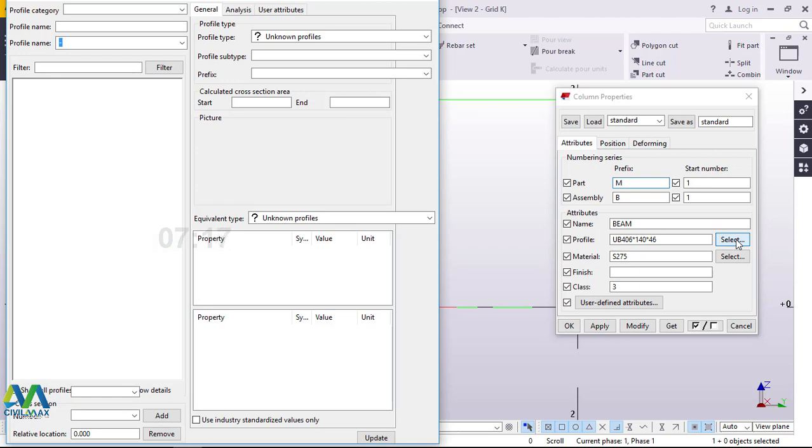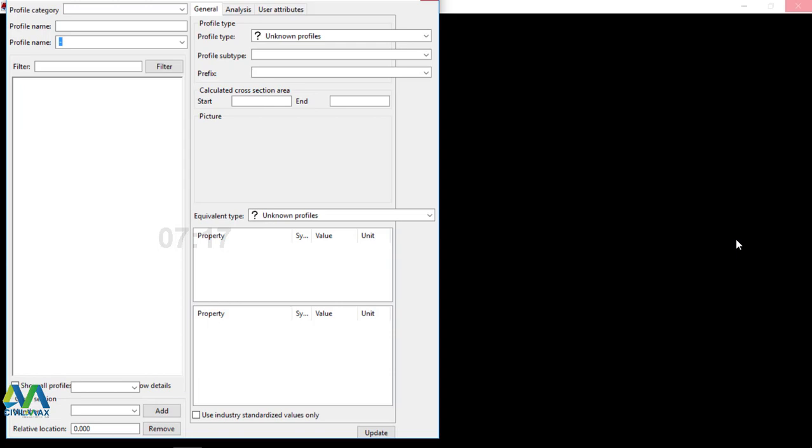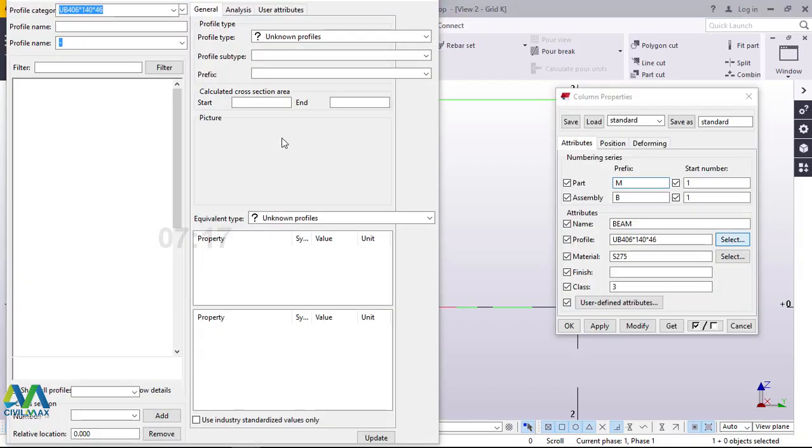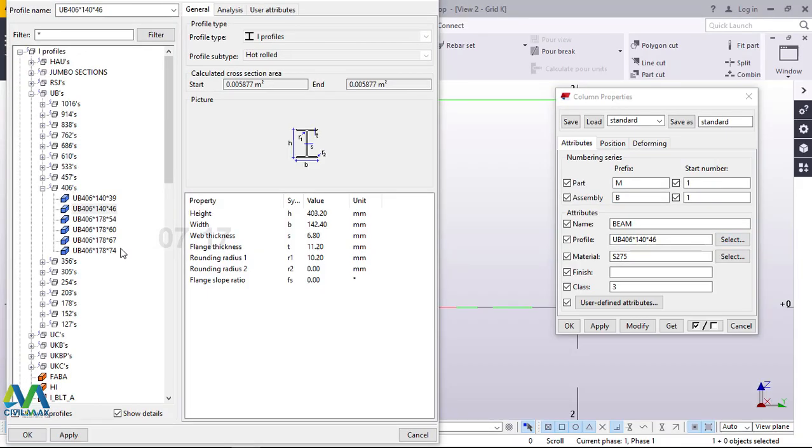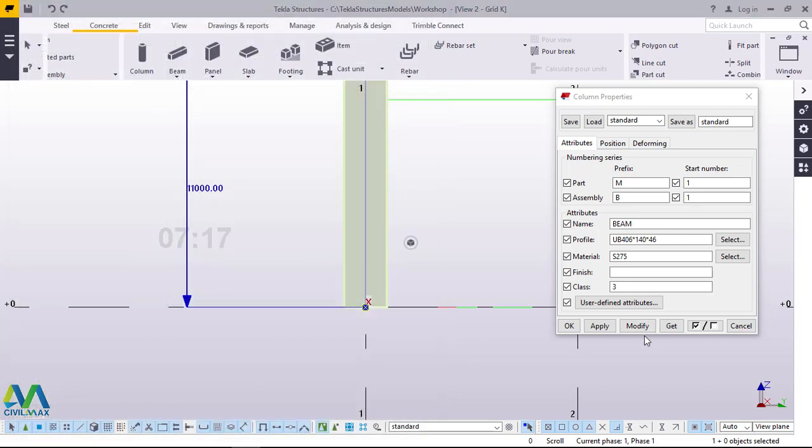Then this catalog will come up. Let it load. We'll have this catalog. Now on this catalog, we'll be able to select one of these under universal beams. Universal beams is under I profiles. Now we have RSJs, and we have jumbo sections. We have HAUs. We'll use the universal beams for 6 by 40 by 46. That's all. I'll go ahead and click apply and click OK right there, and click the same thing, modify